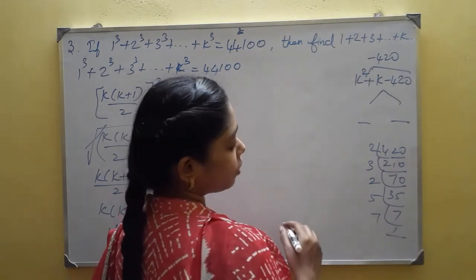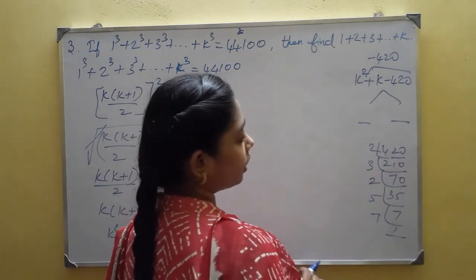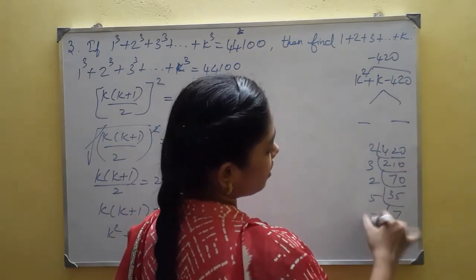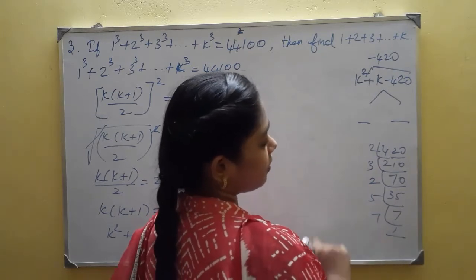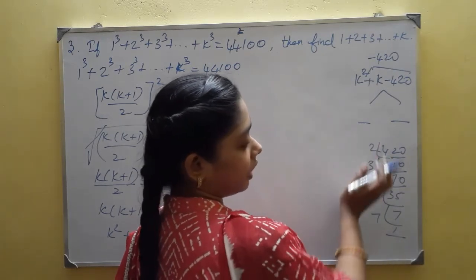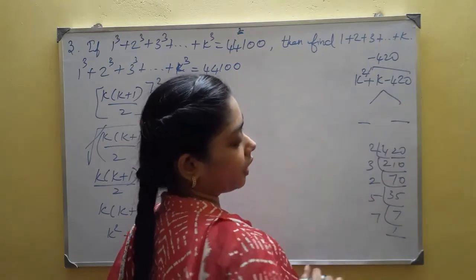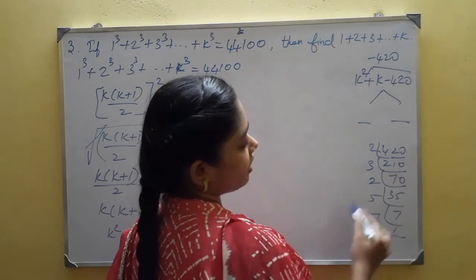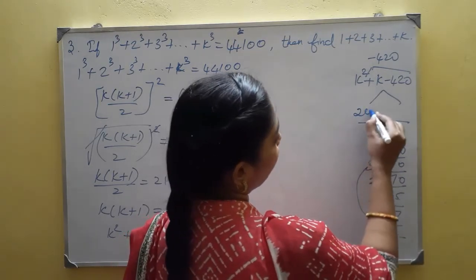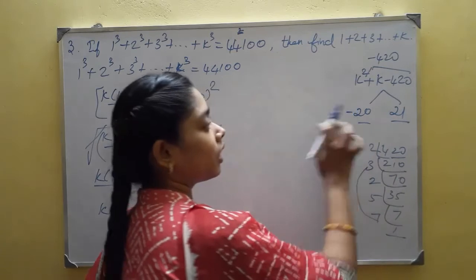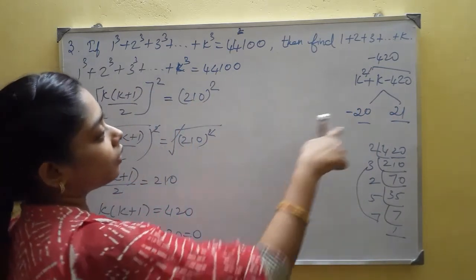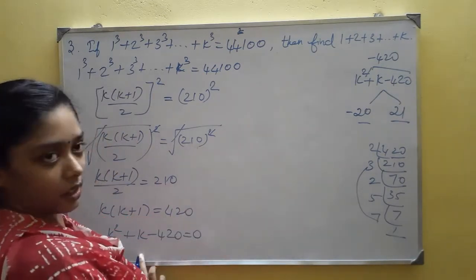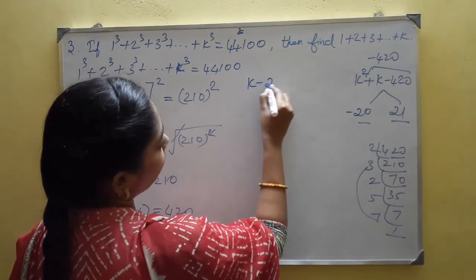So you want to find two numbers, no? You will find some combinations over here. 2 to the 4, 4 3s are 12. And what are 5 7s? 5 7s are 35, but that is still not equal to the combination because you want to get 1, no? So 2 2s are 4, 4 5s are 20, 7 3s are 21, remains 20, 21. If you give negative for the small number, you will get 21 minus 20 is 1 and the product gives you minus 420. This quadratic equation can also be written as